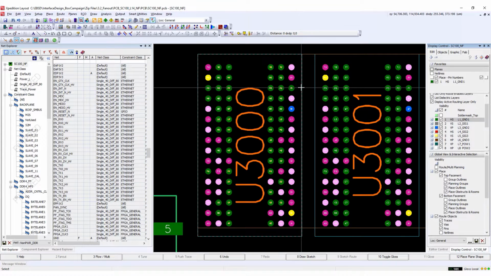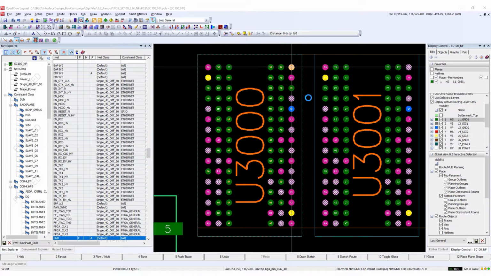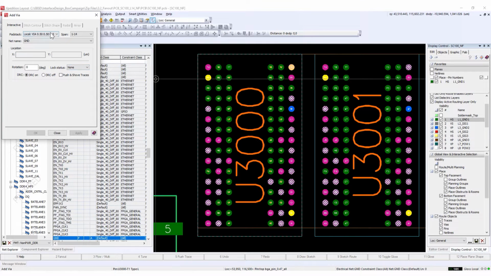It is critical to connect these pins to all reference ground planes to ensure a proper return current and minimize mounting inductance. So even though they're already connected on the top layer, we're going to go ahead and place a VIA from layer 1 to layer 5. So I'll place the 1 to 5 VIA on one of the ground pins in order to connect it to layers 3 and 5 ground planes.